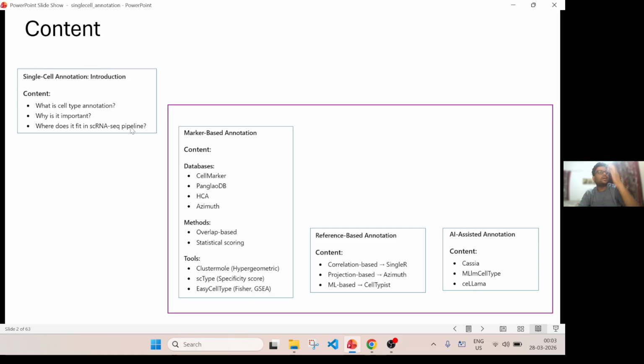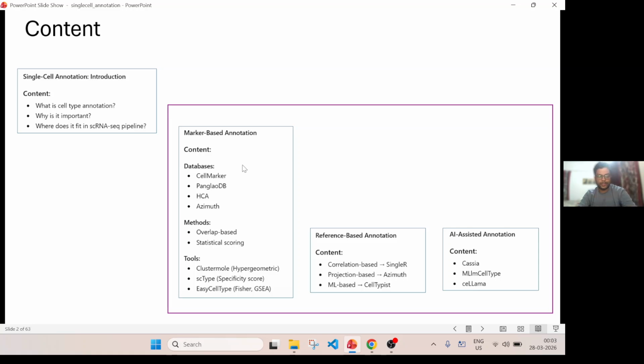We'll start with the very foundation, the introduction, which we'll cover in this video, where we will talk about what cell type annotation is and why we need to do it, what the different challenges are that we might encounter, what kind of assumptions people usually make, and what we should not assume. So those are some important foundational concepts that we'll cover, and then we move on to talk about the actual